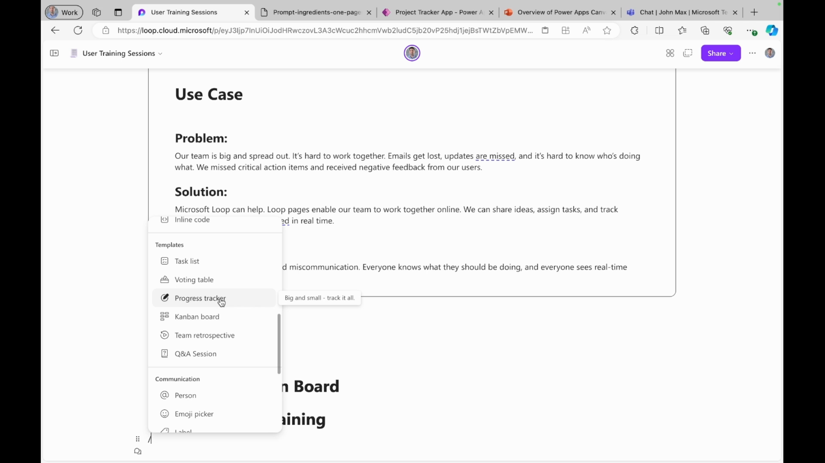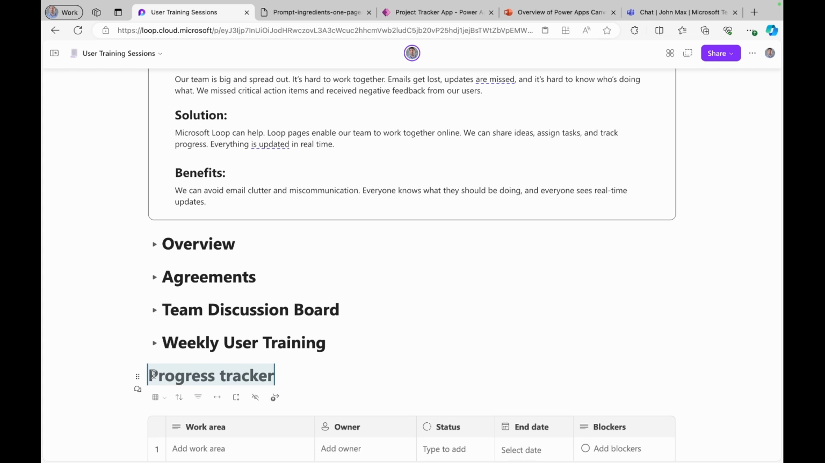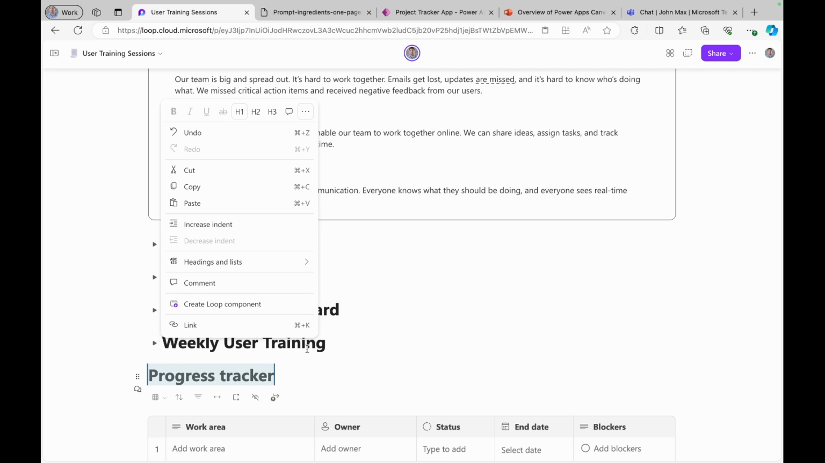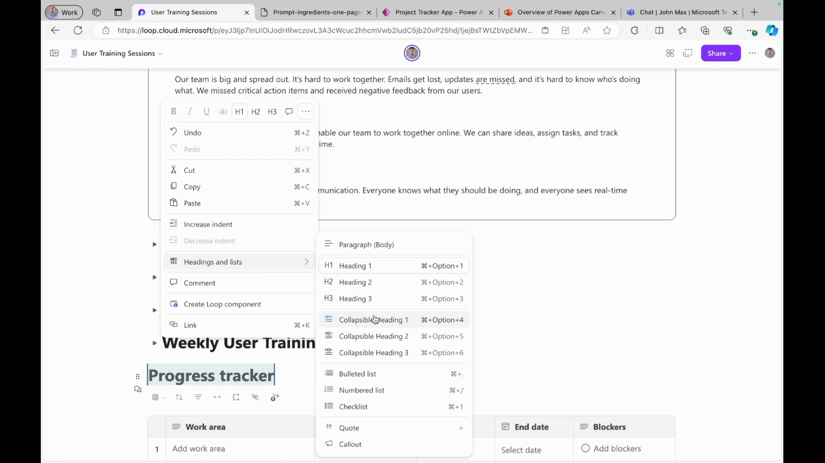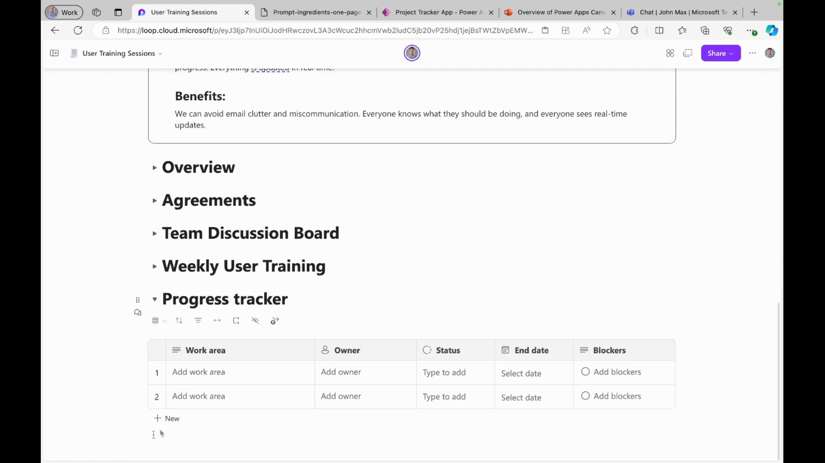I will add another loop component, and it's built in, its progress tracker, and highlight this and make this collapsible. And if I extend, here is our progress tracker. For example, work area can be schedule a weekly training session,